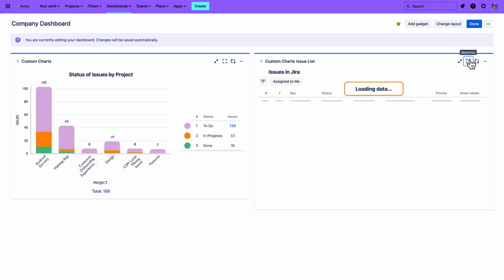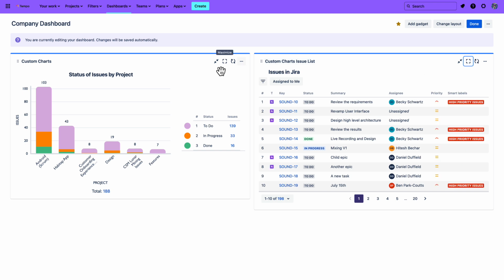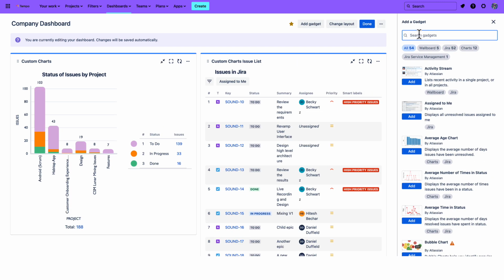So now we have the custom charts gadget on this dashboard and the issue list gadget on the dashboard with smart labels and quick filters. Okay, the last gadget I'm going to add in the demo here is the simple search gadget. This might be my favorite out of the gadgets because it makes the dashboard a little bit more interactive and flexible for your team. So to add in simple search, I'm going to click Add Gadget up here,